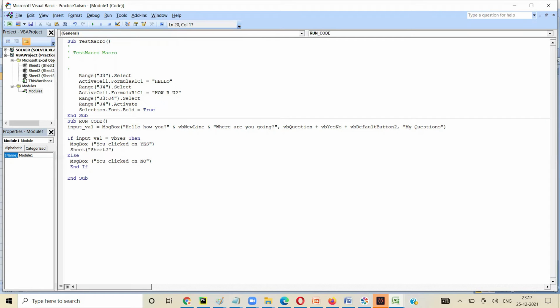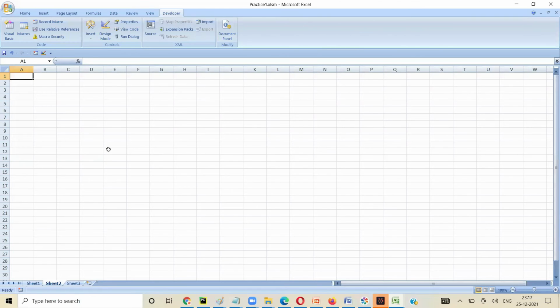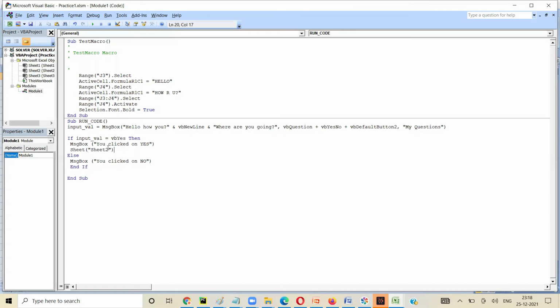Okay, problem here is in formulas. When you change the sheet name, by default the sheet name will be changed. Again, in VB programming, let's say I rename it. This content will not be renamed automatically. So you have to be careful. If macros are there, you cannot change the cells or the sheet name and things like that.